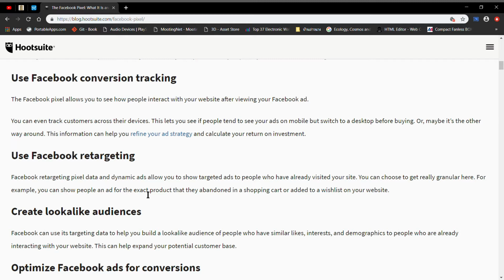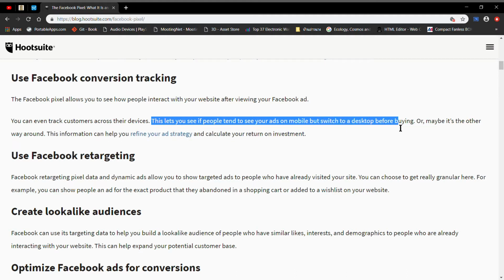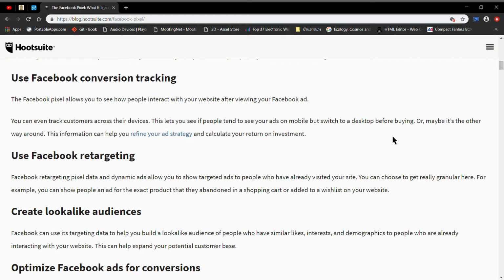And Facebook, whether I make ads or not, if their pixel is on my website, it tracks customers across their devices. It lets people see about my ads, but it doesn't. This is what the lie is here. It lets me see if people tend to see my ads on mobile but switch to a desktop before buying, or maybe it's the other way around. It lets you see much more than that. But if that is accurate stats information on your ads manager screen, sorry, it's artificial intelligence generated. And if you put the Facebook pixel in your shopping cart of your online shop, for example,